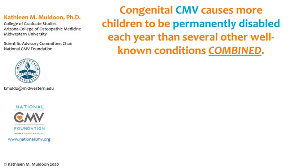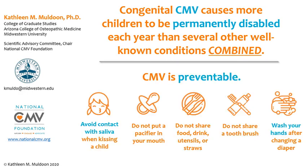It is a very common cause of disability in the US and actually causes more children to be permanently disabled each year than several other well-known conditions combined, and that includes Down syndrome, fetal alcohol syndrome, and spina bifida. So things that I'm sure that you have heard of, if not before you got to occupational therapy school, then in your training. And the other thing that you need to know about it is that it is preventable, especially